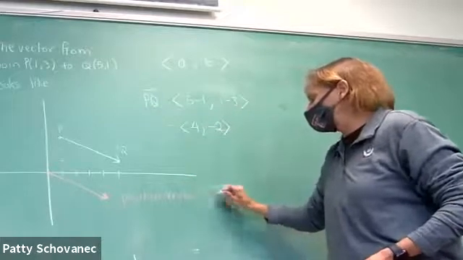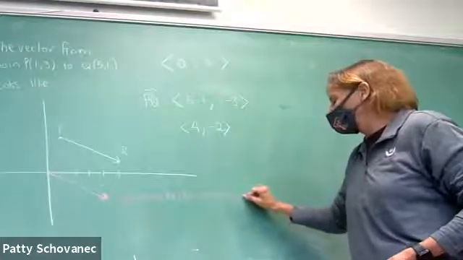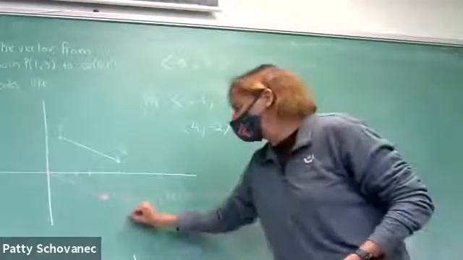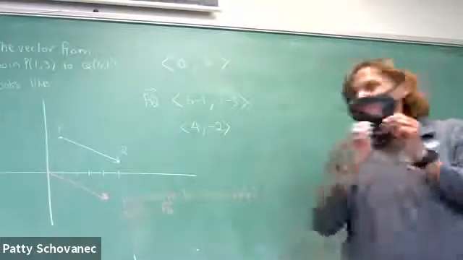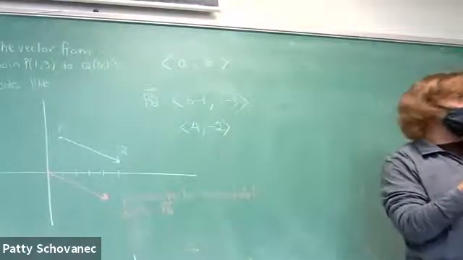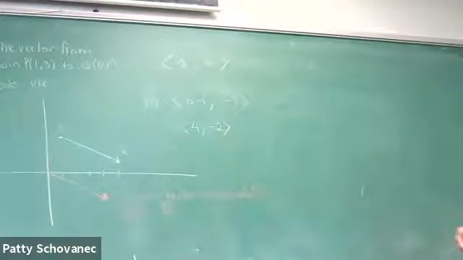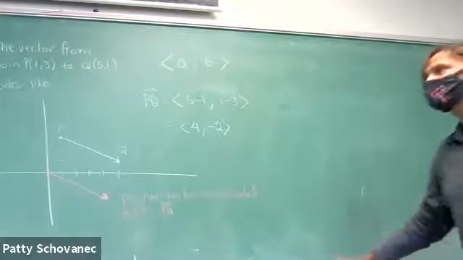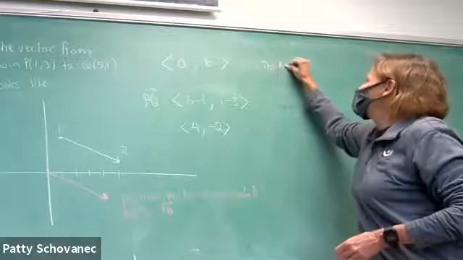And that pink one is the position vector associated with vector PQ. It has the same length and the same direction. So in the plane, they would be parallel. The length of this particular vector, the magnitude,